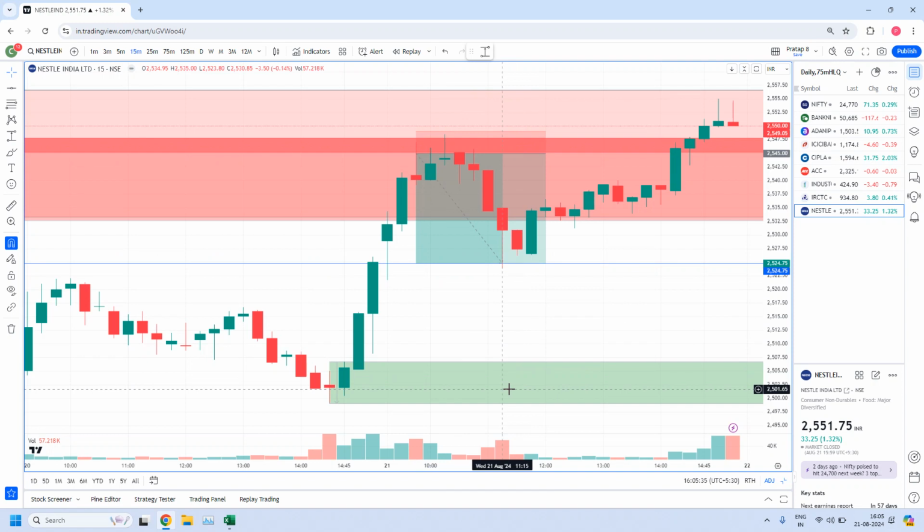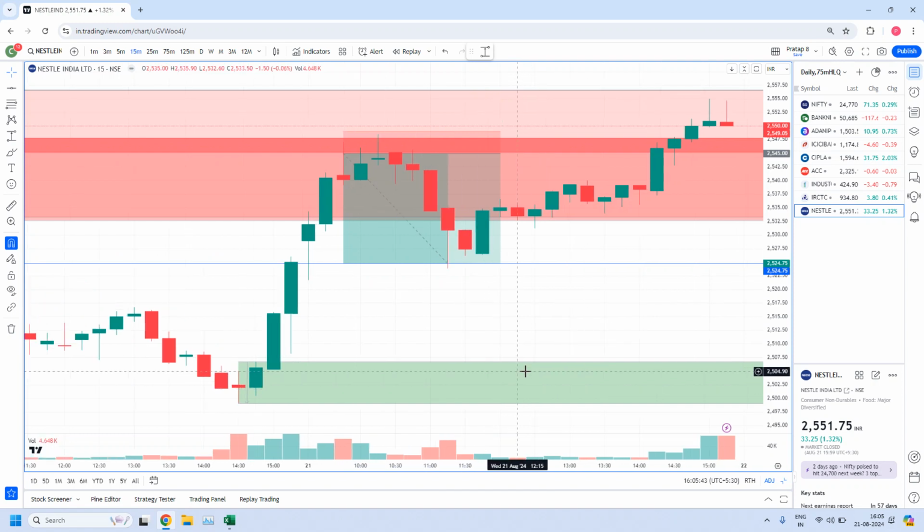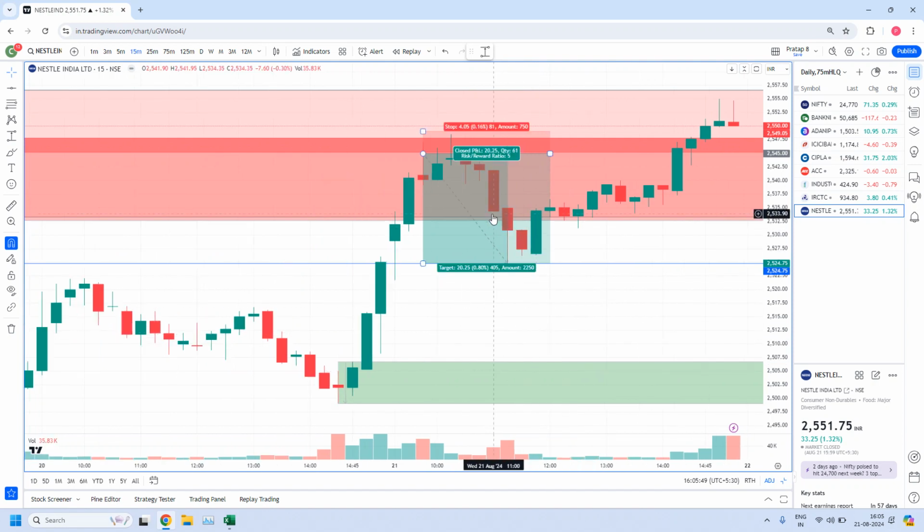But if you want to book the profit, what is the basis you have to take? Either you can take 1:3 RR, or you can go for 1:5 RR, either one. Sometimes it may not achieve 1:5 RR, it may give you only 1:3. But today in this stock, it has given you up to 1:5 RR. The blue color line I have drawn is 1:5 RR. Slightly below the blue color line prices went, and after that prices moved up,